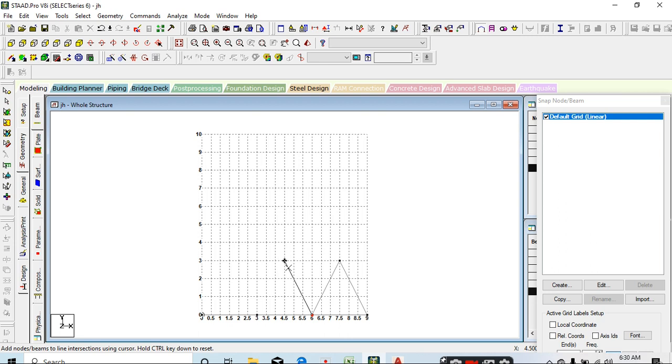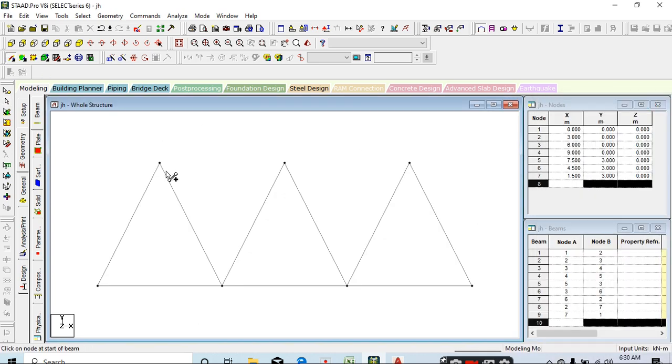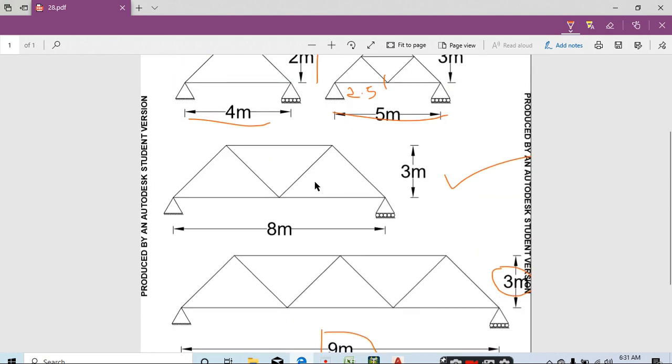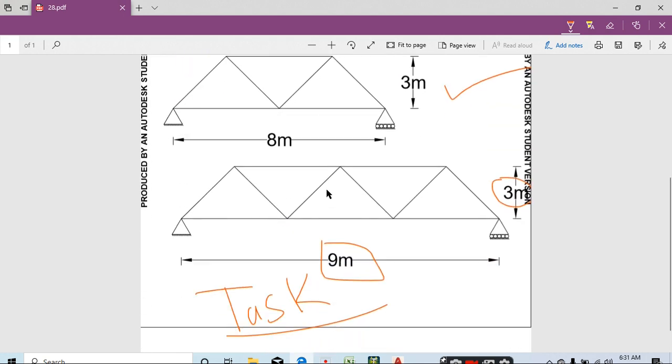At the center 4.5 and 1.5. Like that you can create a particular truss. It's very simple. Just try to do all the trusses by yourself. Thanks for watching this.